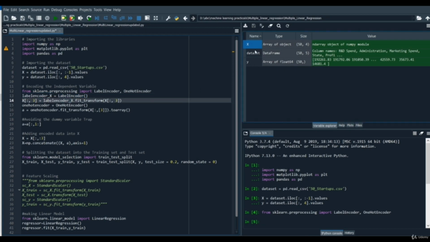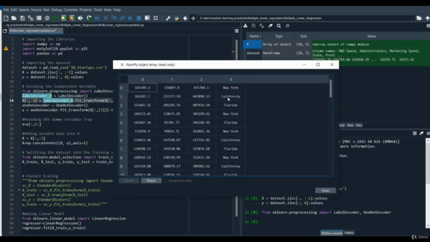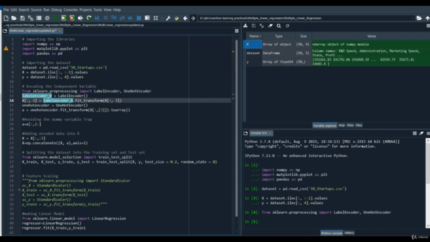We need to apply label encoder on the third column, which is the state. So we are going to use the label encoder object and its function fit_transform. Now fit_transform is going to first fit those values into the label encoder object and then transform them into label encoding, such as 0, 1, 2 and like that.